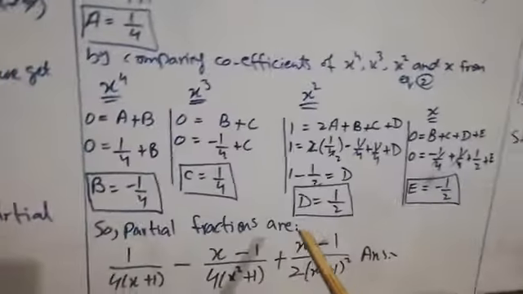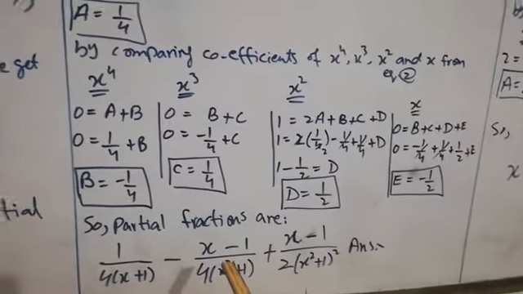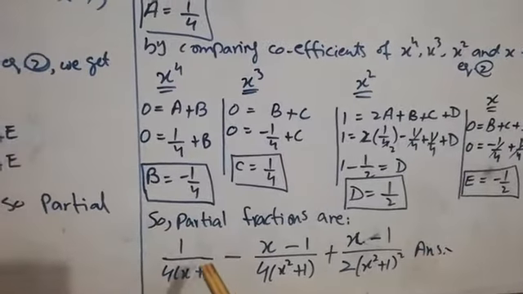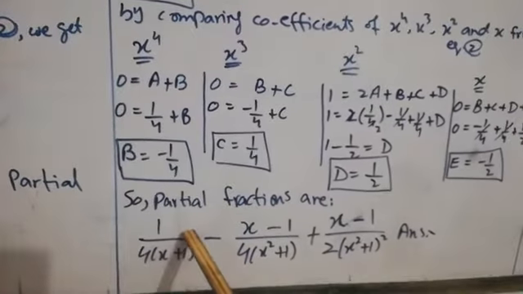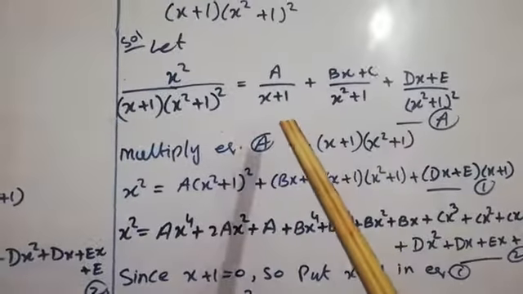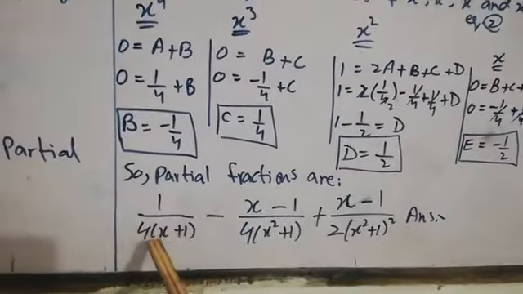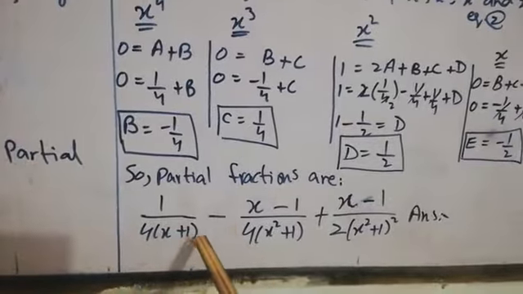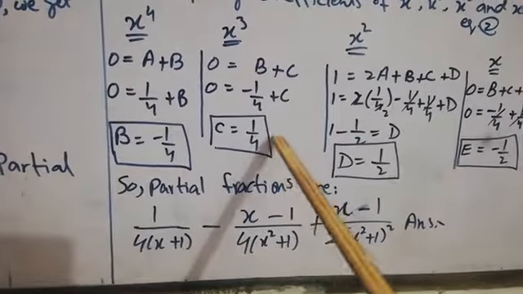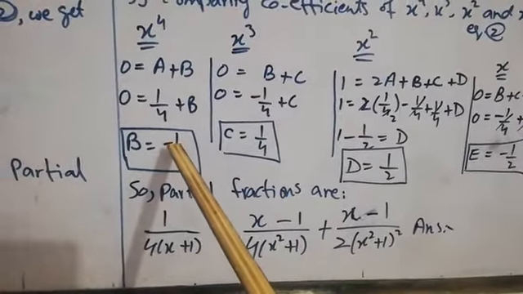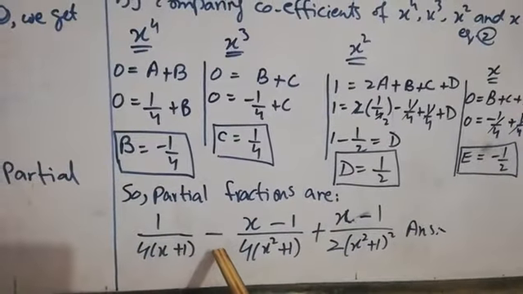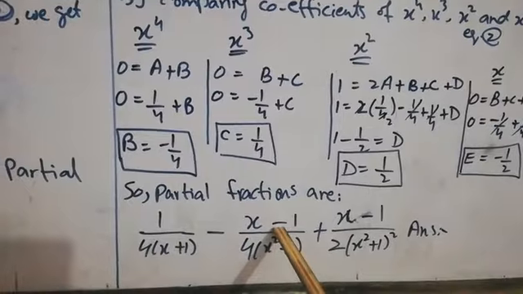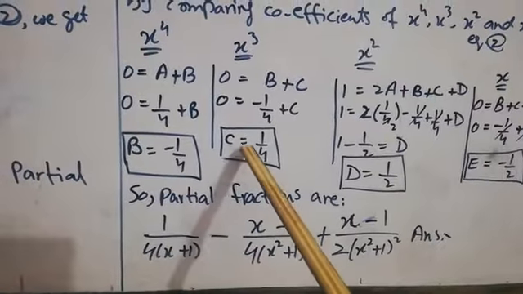Since all the values are given in fraction form, we will make the partial fractions as: A by x plus 1. A is 1 by 4, so put the value of A as numerator, and 4 is here: 4 into x plus 1 by 4 minus x minus 1. Because B is a negative value and C is positive, we will write the negative value here. It becomes minus, because minus minus plus,